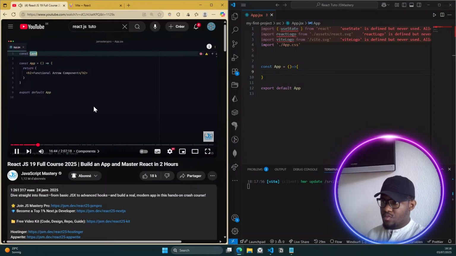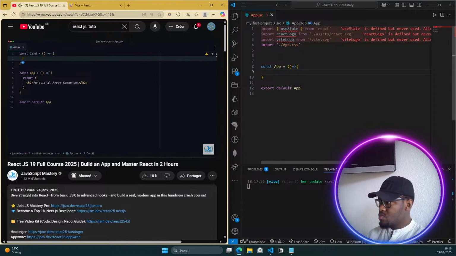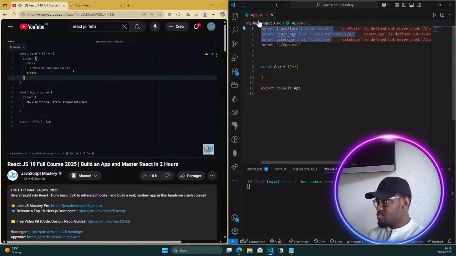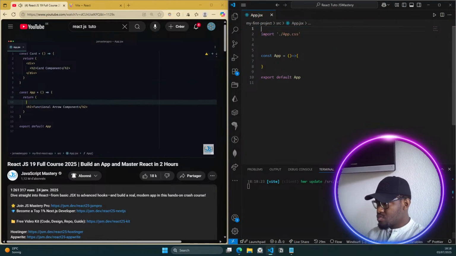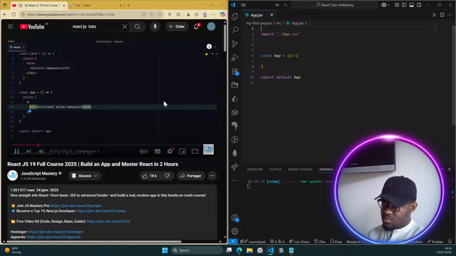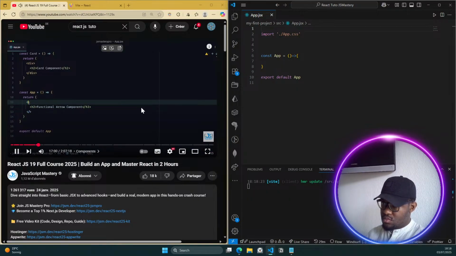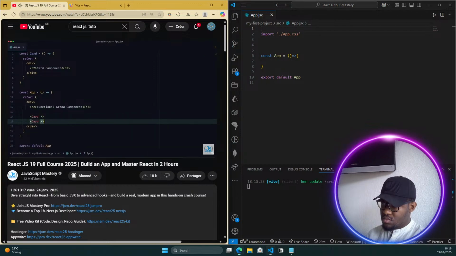Something like const Card component, or just Card, would render a little card that looks something like this, card component. And then you can use that card within the original app component by simply wrapping it either in this interesting little component called React Fragment or just a regular div. And then below the H2, you can render as many card components as you would like, just